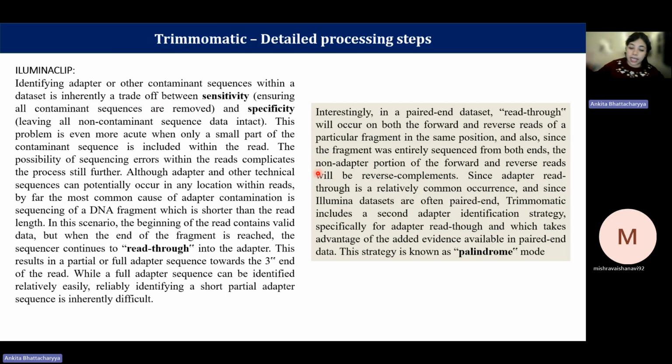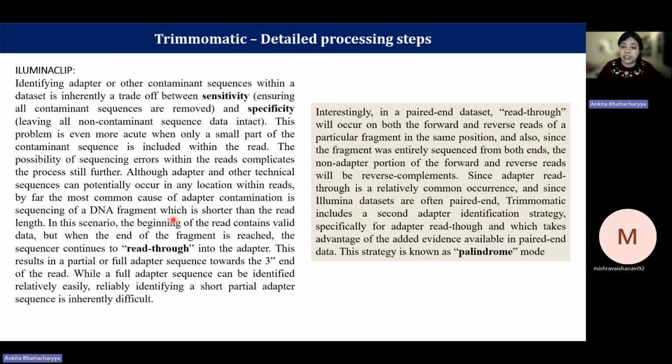The sequencing reaction keeps on proceeding and it continues to read through into the adapter. What does it mean? Apart from the valid sequence, the adapter sequence also gets decoded. This results in a partial or full adapter sequence towards the 3' end of the read, and it is extremely common. While a full adapter sequence can be identified easily, identifying a short partial adapter